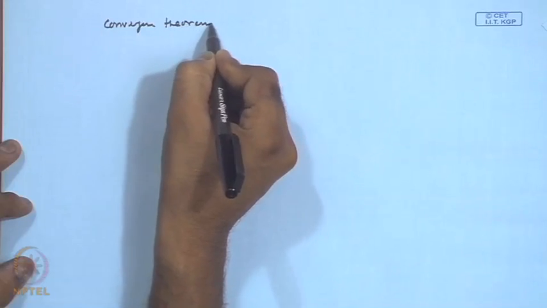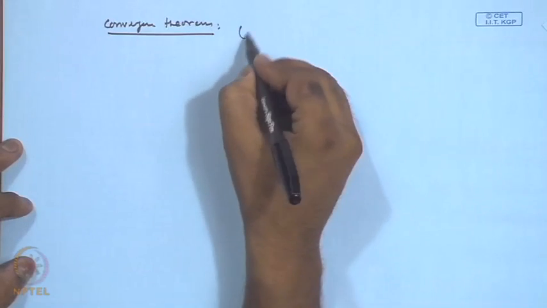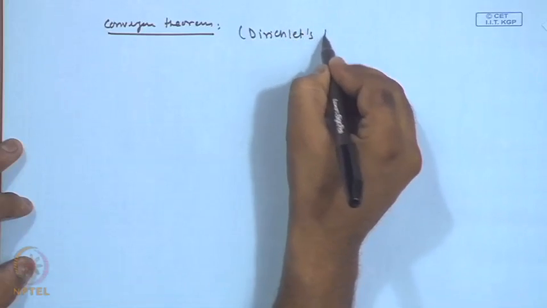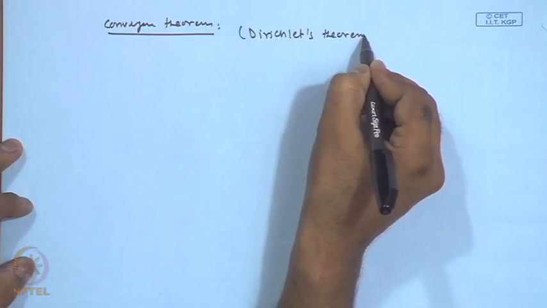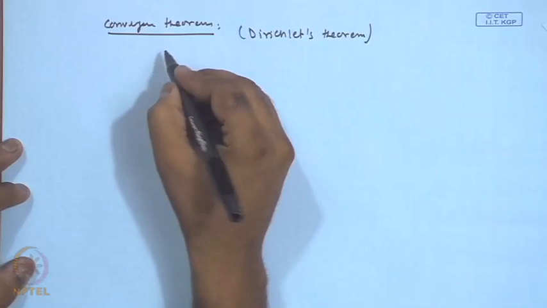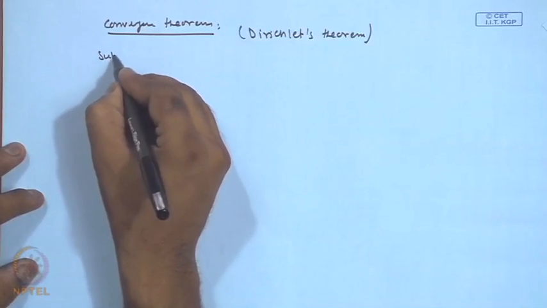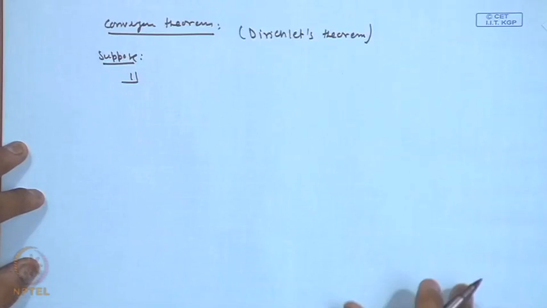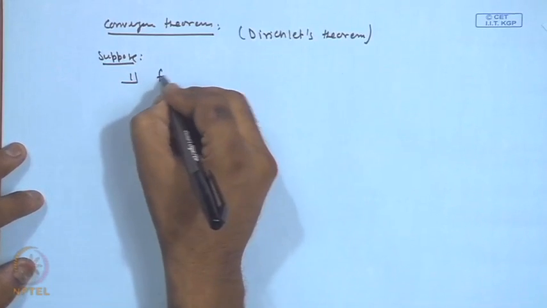Convergence theorem, or this is also called Dirichlet's theorem, and these are the sufficient conditions for the convergence. So, what we have, suppose that f(x) is defined